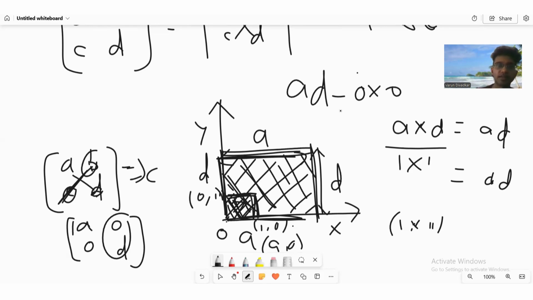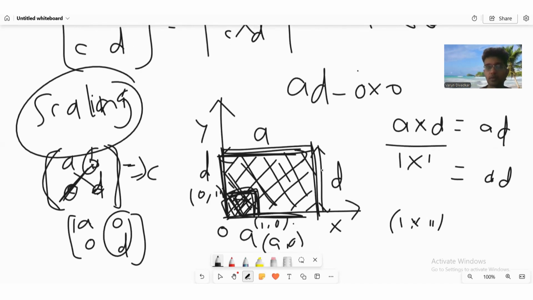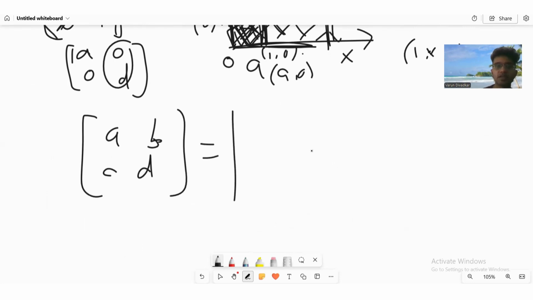So the determinant is nothing else but the scaling of the unit square because of your matrix transformation. It's as simple as that, right? So suppose you subject your original coordinate system to a matrix transformation of A, B, C, D. A determinant basically tells you